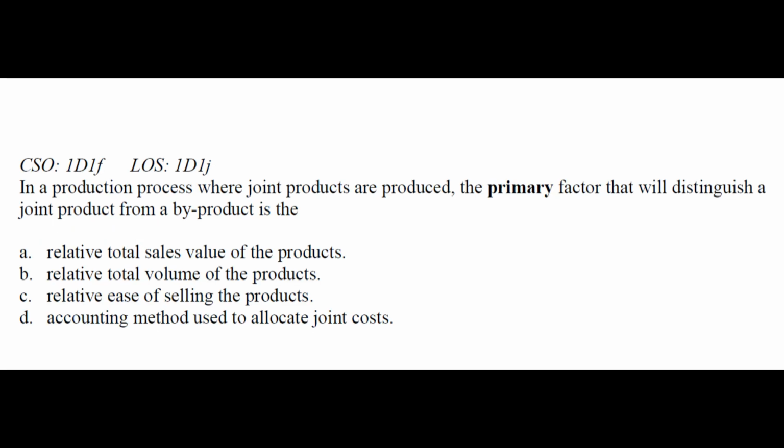This question focuses on the classification of joint products versus byproducts in a joint production process. In cost accounting, multiple outputs are produced simultaneously from a single input or process up to a split-off point. Key concepts. Joint products have significant economic value, are considered primary outputs, and receive a portion of joint costs for inventory valuation purposes. Byproducts have relatively minor economic value and are incidental outputs of the production process,